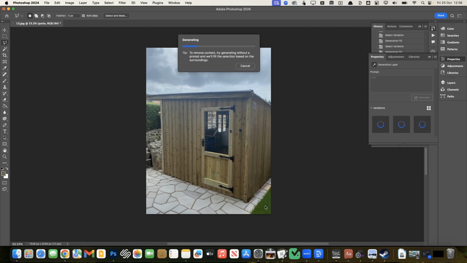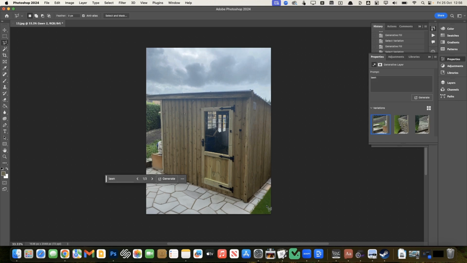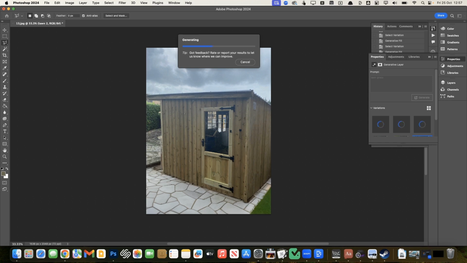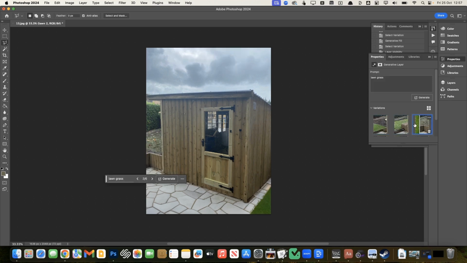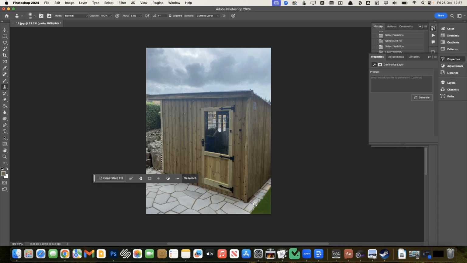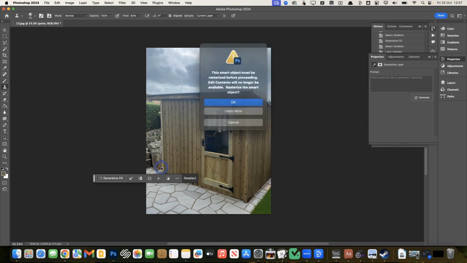Now, hopefully it will recognize the other lawn patch we've got here. Keep it looking roughly the same. No, don't like any of that. Okay, so instead what we're going to do is, with that area selected, we're going to go to the clone stamp tool, grab in the middle of this area here,